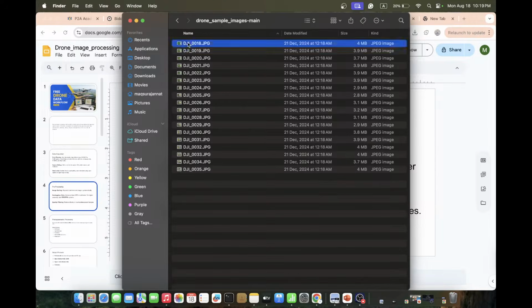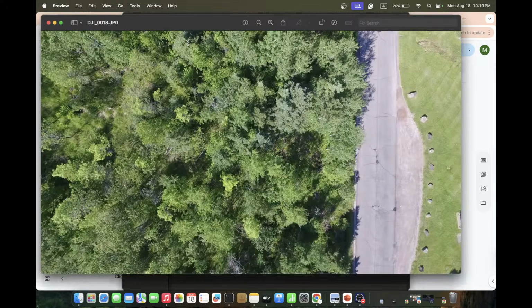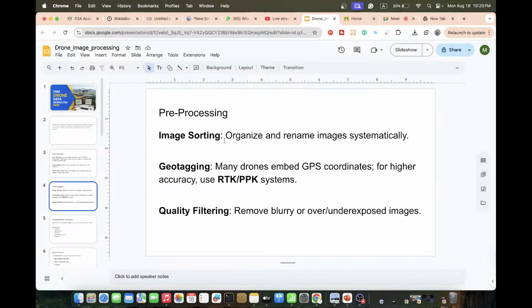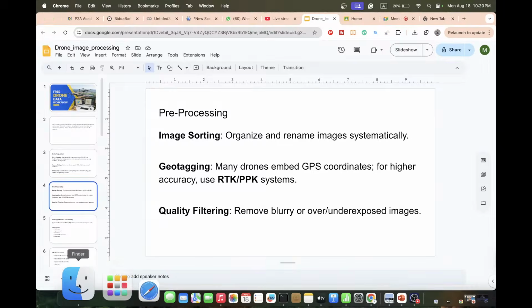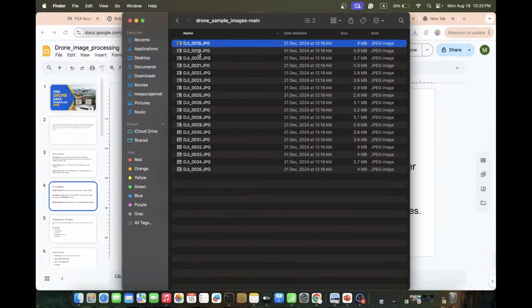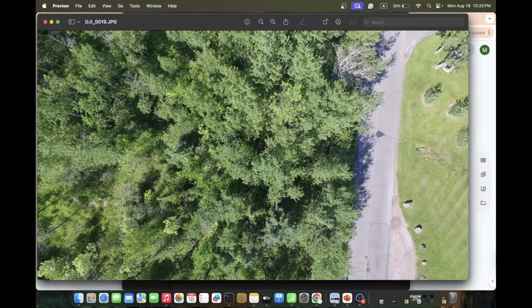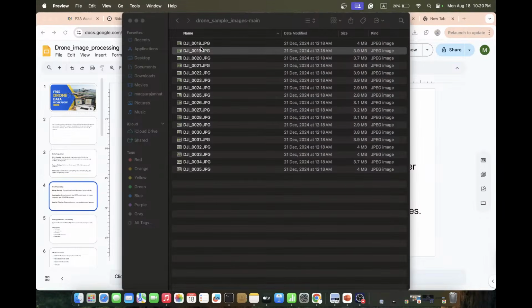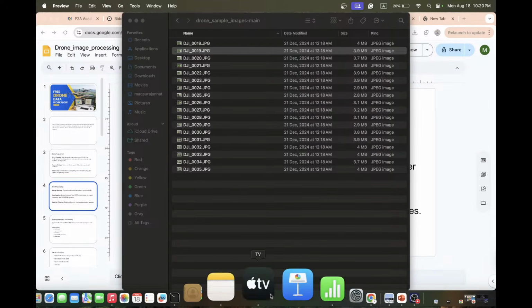If you open it, you can see this is one image. Then simply check another one. Just click here. So this is another image. We take this type of imagery in JPG format, and the names are systematic. All of the images are renamed systematically. So after that,